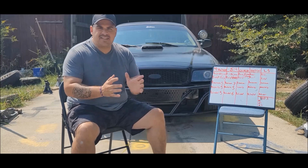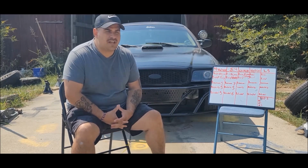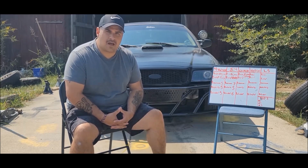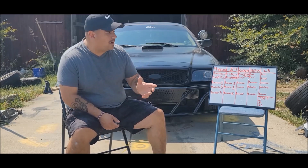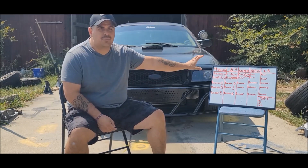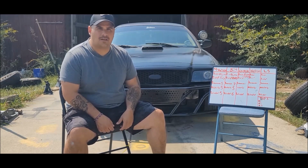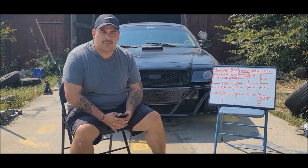And I was dead set on Coyote swapping my Crown Vic all the way up until I was given a bottom line dollar price of $10,000 for the swap. Mind you, that's if I went with an automatic transmission for the swap. Had I gone the manual transmission way, it would have come up to $15,000. And although first gen and second gen Coyote power plants